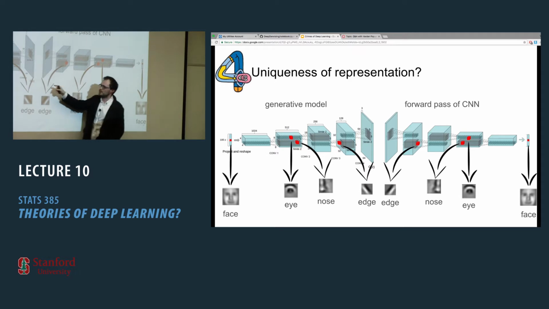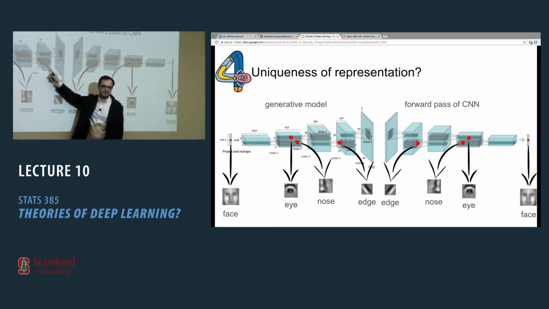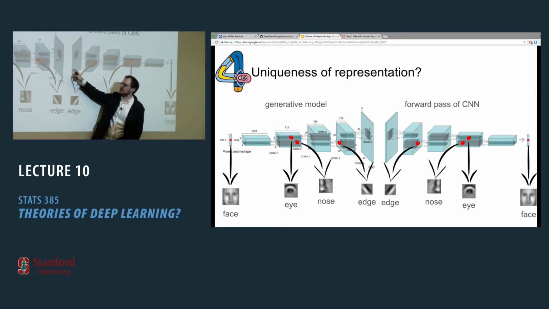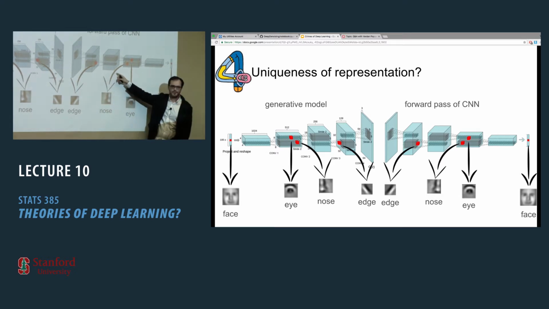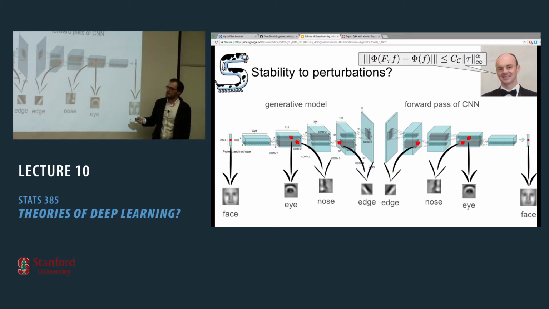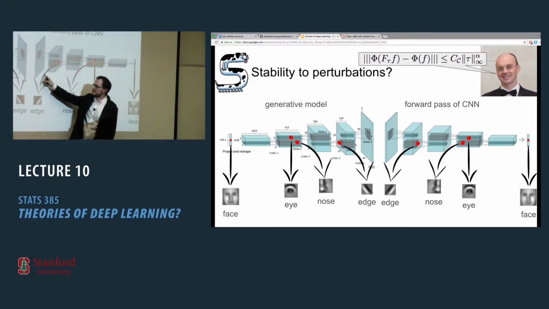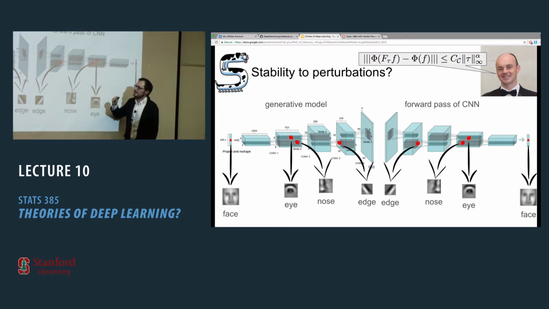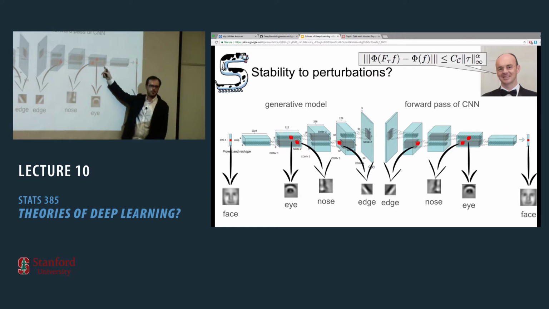I mean, if you had two different feature maps that created the image, and then you're asking, can I take this image and go back to the feature map? If there are two feature maps, which one are you trying to recover? It's unclear. There's also a question of stability. Imagine you take this image, you run the forward pass of a CNN, and you obtain certain feature maps. Now imagine you start perturbing things. So you add some sort of noise here, right? And you're asking, how stable are these feature maps?